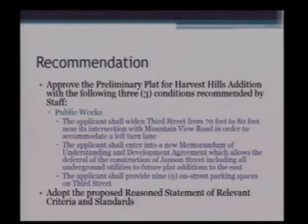Should this be approved, we'd like to adopt the proposed reasoned statement of relevant criteria and standards that's attached to your packet tonight. And I'd certainly be able to answer any questions that you might have about this. A couple of things, just for the general public to know, this is not a public hearing, because that did take place, in fact, February 1st, so this was something that was tabled and was brought back off the table